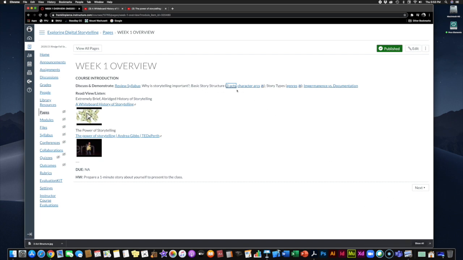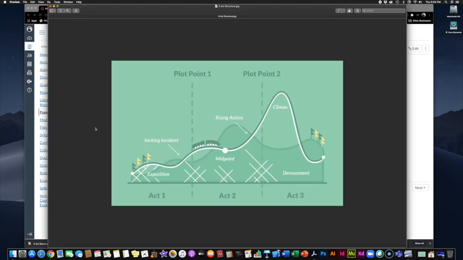We'll come back here to the basic story structure. Now, the 3-act structure is about the entire story, right? So character arcs are just about the protagonist and the antagonist and the main characters. The genre and the subgenre and the theme is about defining what kind of story it is. Now, the 3-act structure, this is instead about the actual way the story is built. Its structure, that's why it's a 3-act structure.